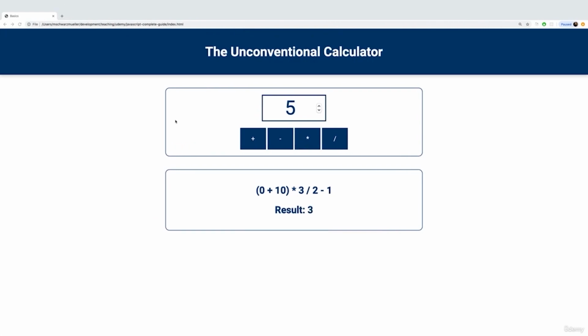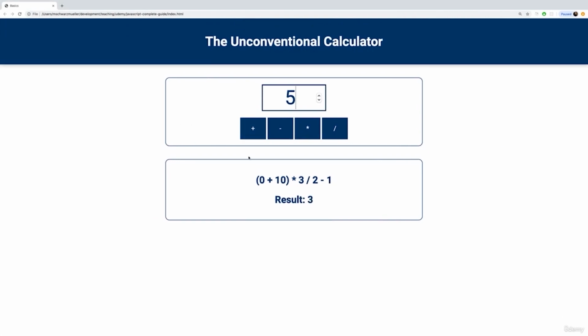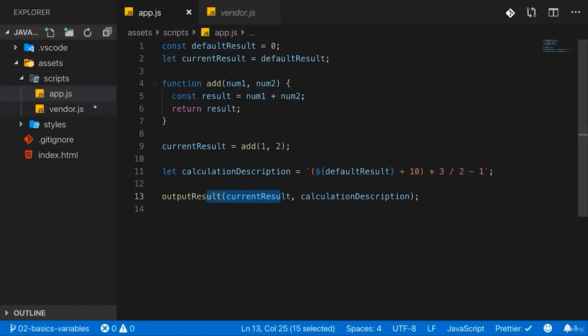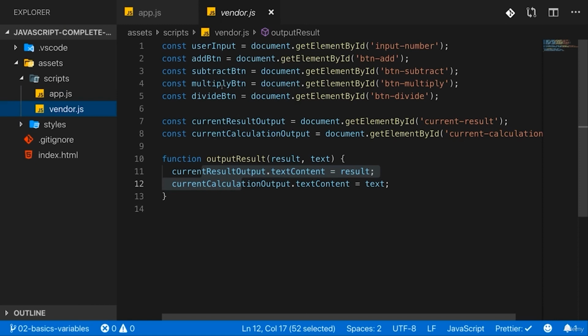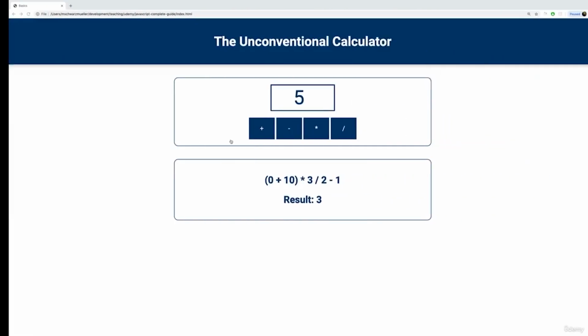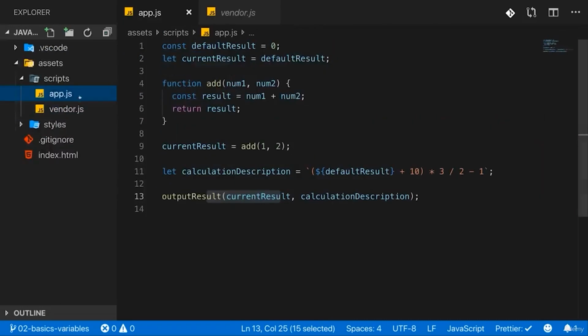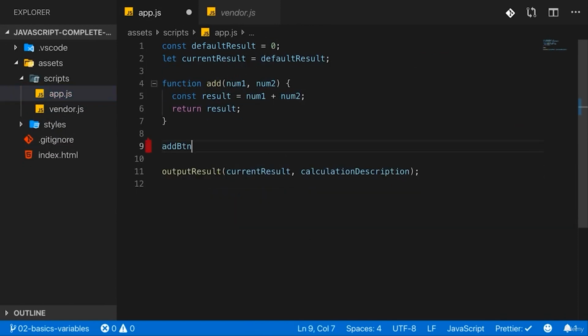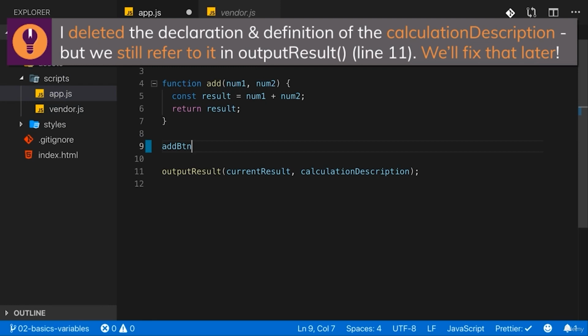Now, for that, we need to add an event listener to this button. And now that's something we haven't learned at all. We don't really know how to interact with the HTML page because that's a bit more complex, and I'll have a whole module where we dive into all the depths of this. For now, we can take something from the vendor.js file. We can take this add button, which at the end is a reference, a pointer at this plus button we have here. So in app.js, we can use that, replace this code here with add button, and then add a